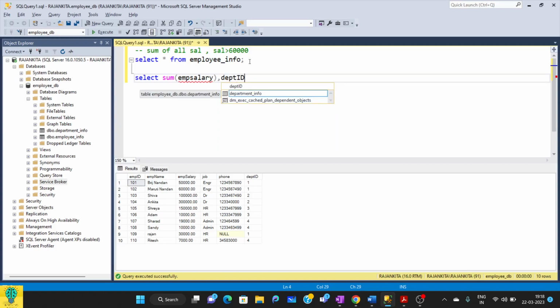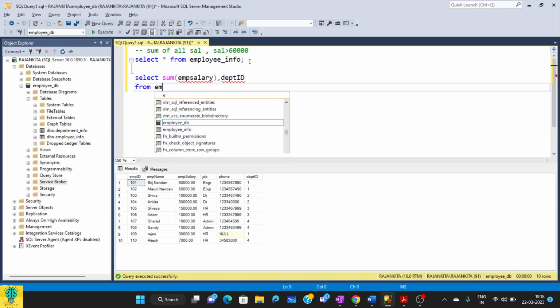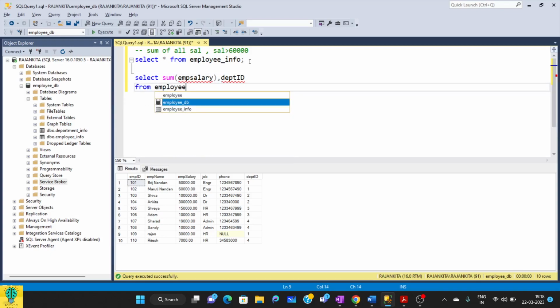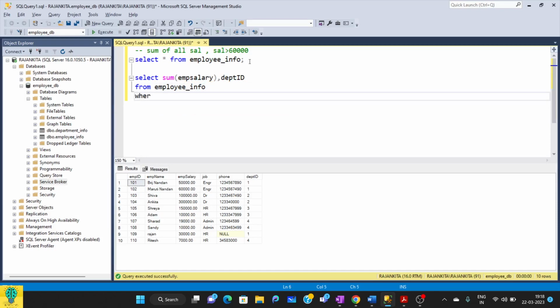We are grouping on the basis of department ID, so that is the second column. Then we have from which particular table, the name of the table. And then we have the condition, that is where employee salary is greater than 60,000. And then we have group by